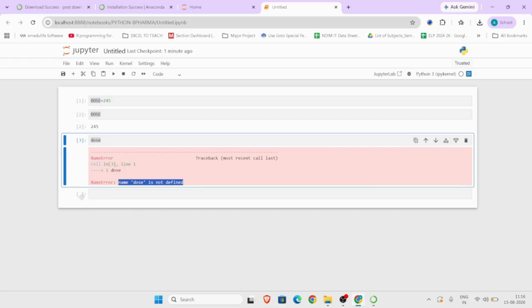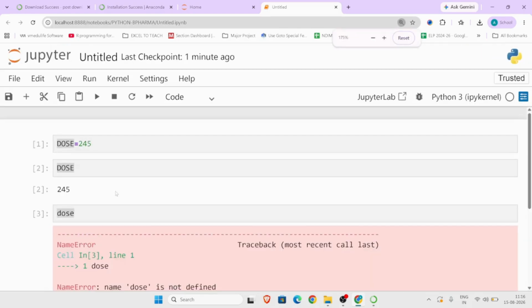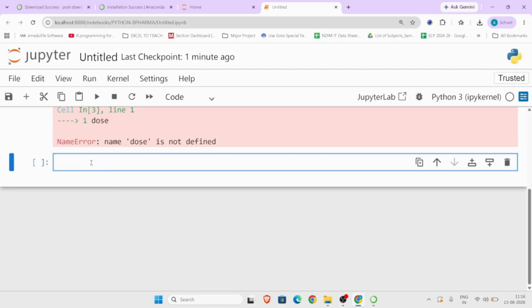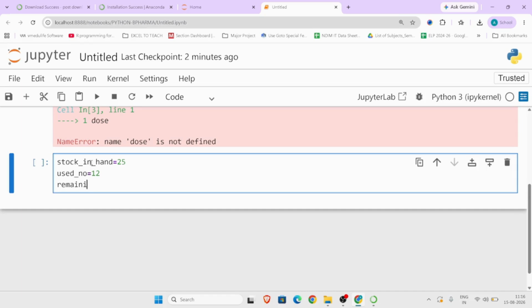So now when I write this, right now the line number is empty. If I write something like yesterday we did, stock_in_hand equals, let's say 25, used_no equals, let's say 12, remaining equals, now you have to write down the name of a variable.